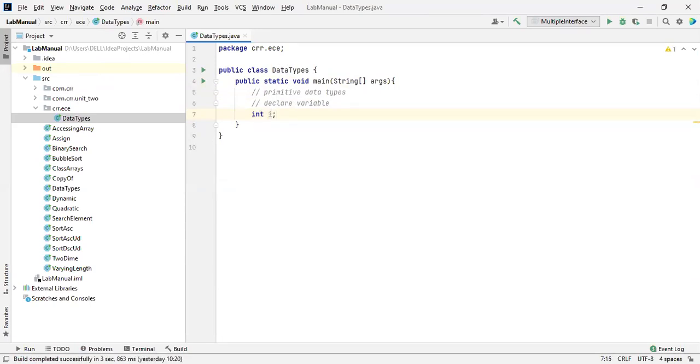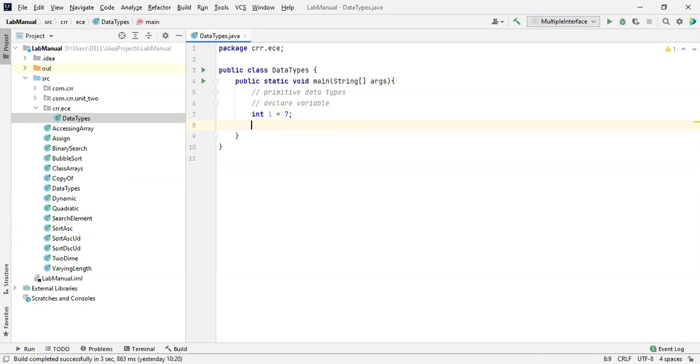This is the declaration of the variable. How are you going to initialize it? i is equals to some 7. So this is the initialization, and this is the declaration. Let me type a comment over here: initialization of variable. Okay, so this is the initialization of a variable, and this is the declaration of a variable. There is no need to mention the data type again over here. Once it has been declared, you can use it. So directly, if you want to write it over here, you can assign directly. There is no need to worry. Just remove this one. Okay.